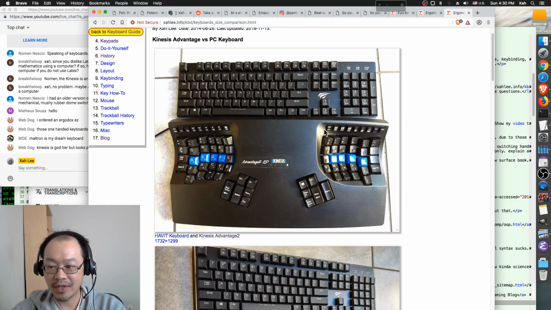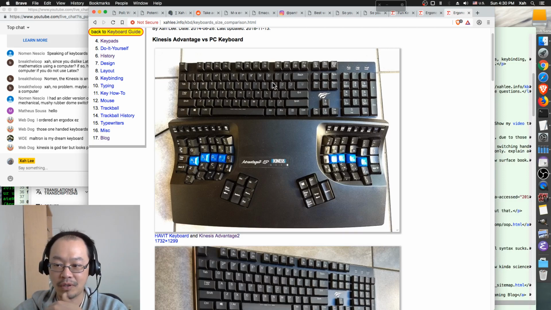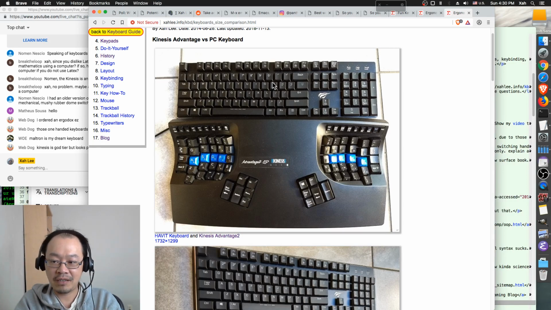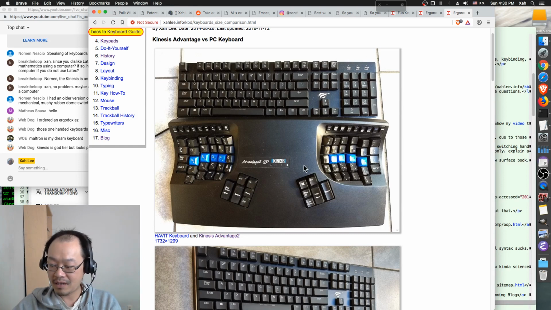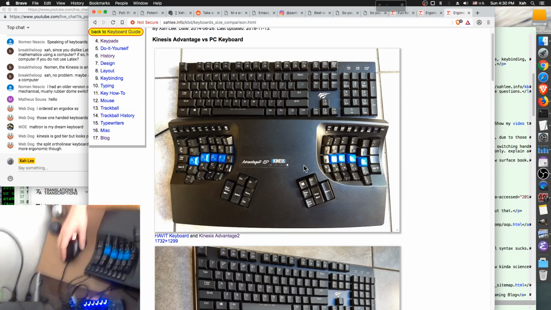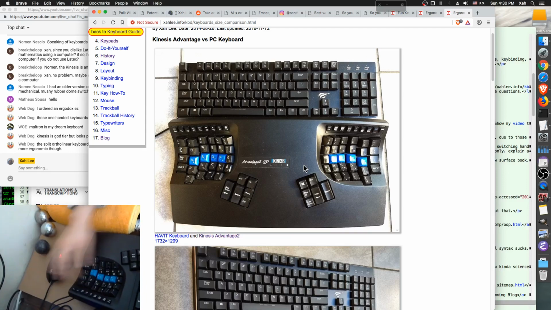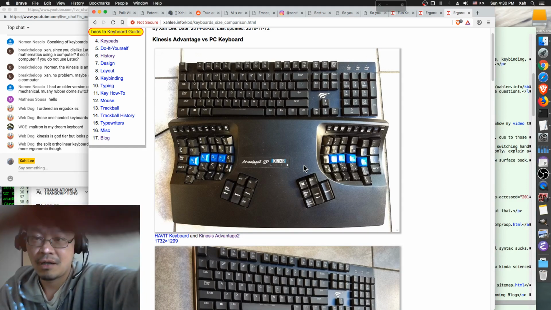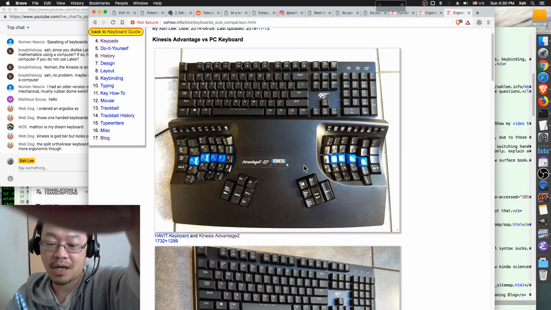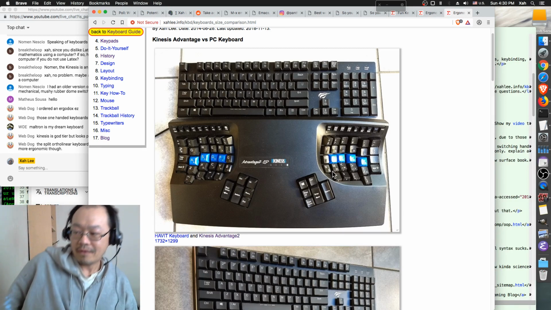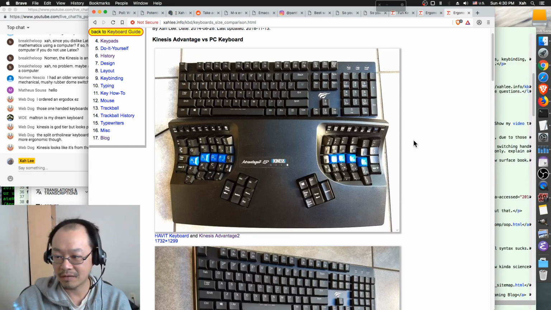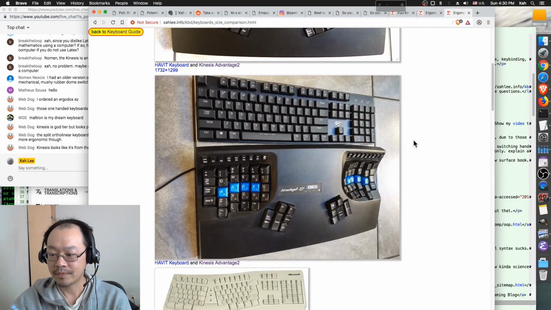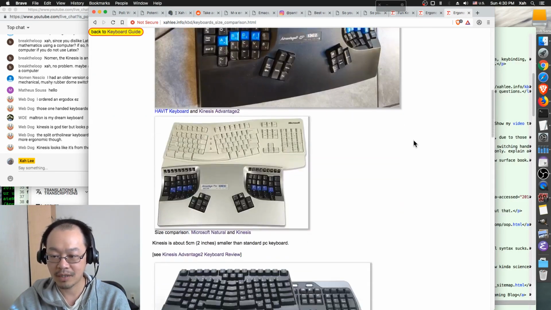However, with a standard keyboard, you put your hands on the letters side. When you want to reach the mouse, you have to jump over the arrow keys and number pad. But with Kinesis, it's right behind my hand. It's right here. I don't have to jump. A lot of people buying Kinesis don't like the number pad. That's a huge gap between your keyboard and mouse.